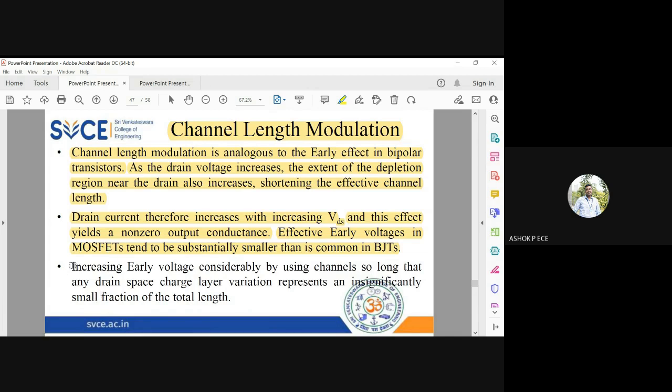So you can also increase the early voltage by using long channels. That can significantly increase the early voltage in your MOSFET. So by using long channel devices, I can increase the early voltage which is available in the